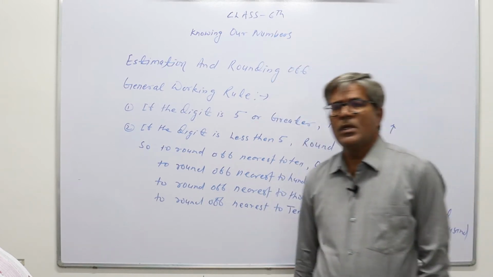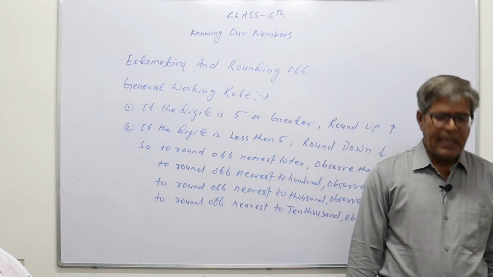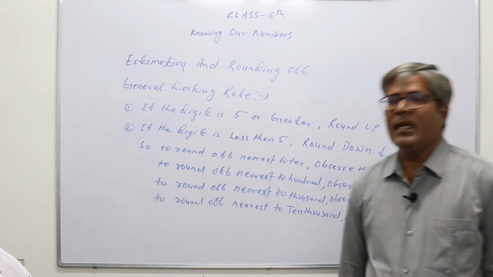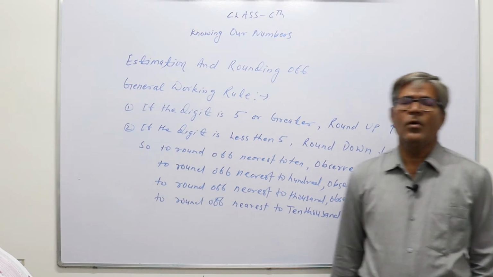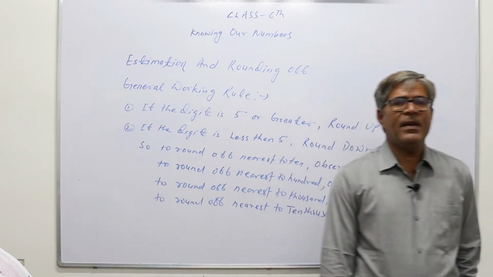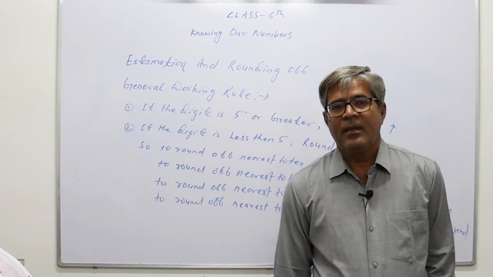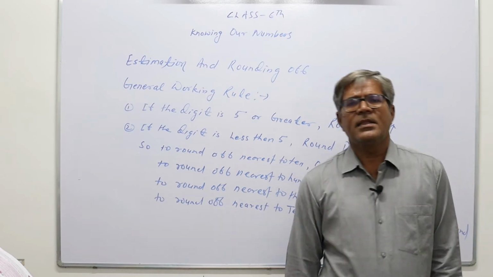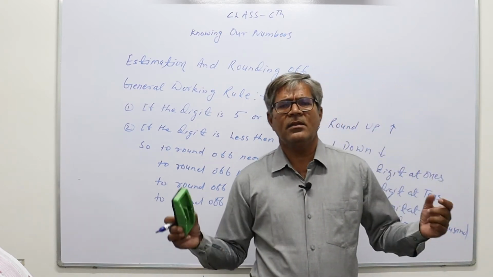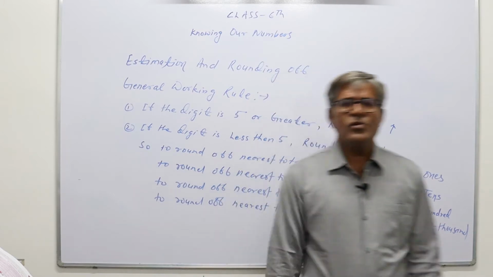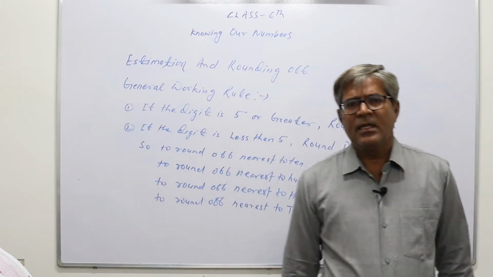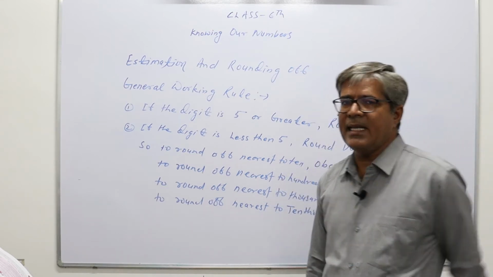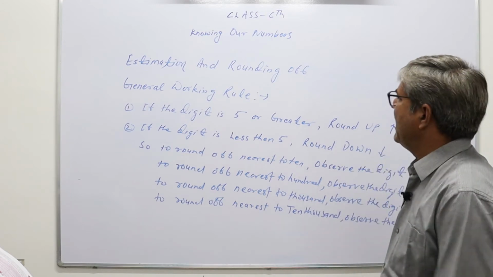I am giving one example. Let us suppose there is a cricket stadium and a one-day match between India and Pakistan. When a cricket match is played between India and Pakistan, there will be a lot of crowd, or we can say the visitors are in thousands and thousands. So sometimes if you ask what is the approximation of the visitors in the stadium, then we round off the numbers.